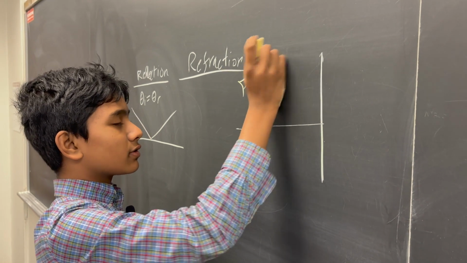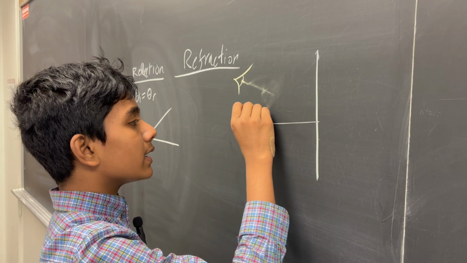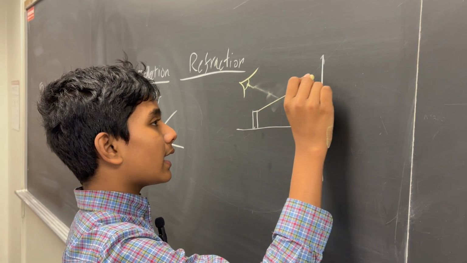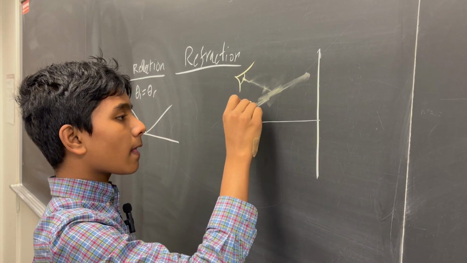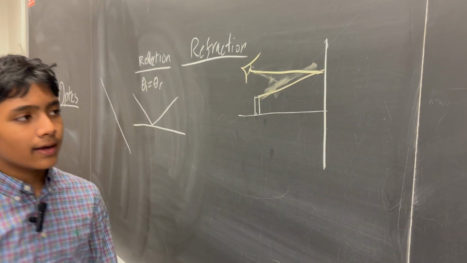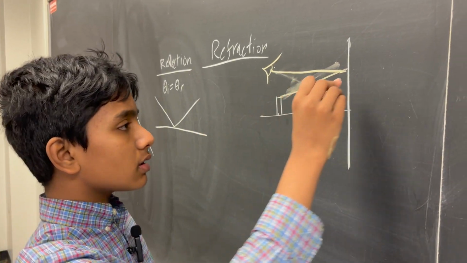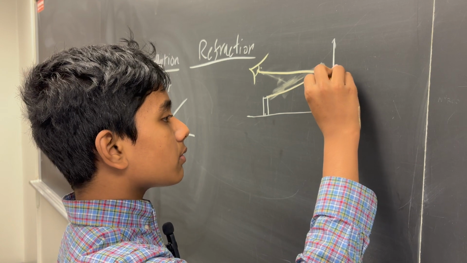Let's think about this for a second, actually. So this will emanate a ray of light in exactly this direction in order to travel and hit this guy's eye. And the thing is, this guy is going to perceive the light as coming from all the way on